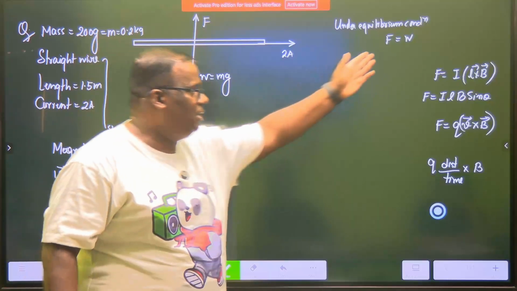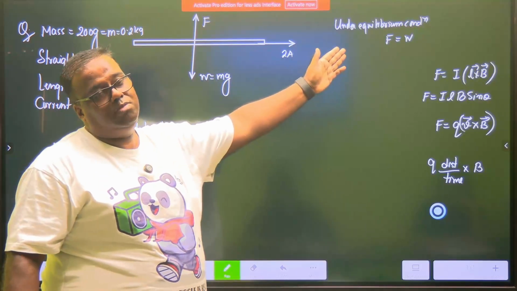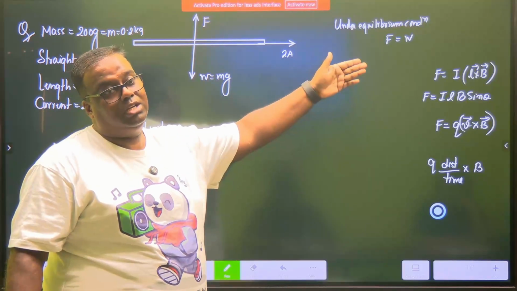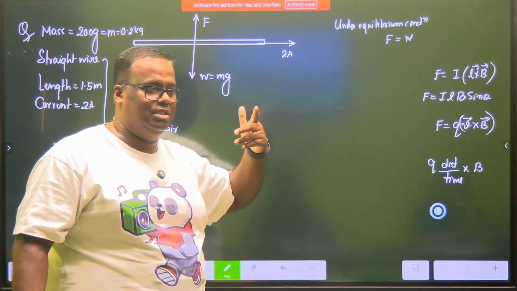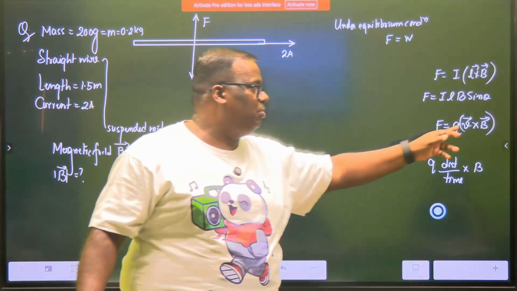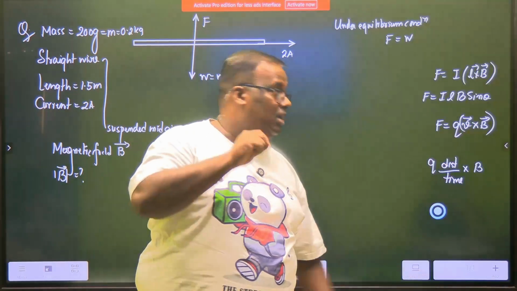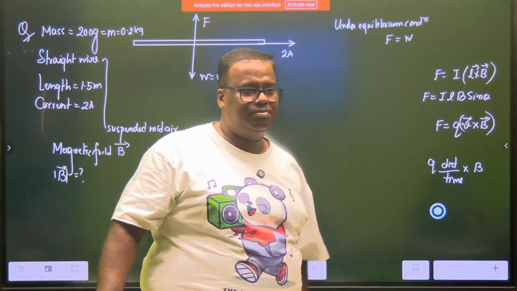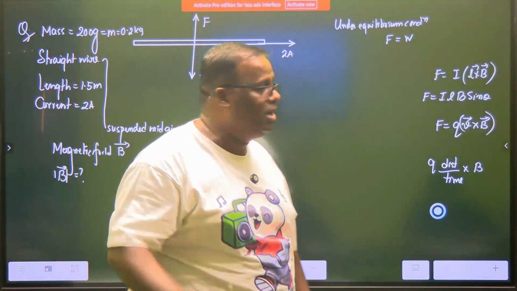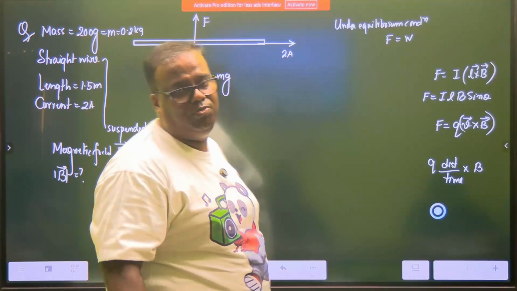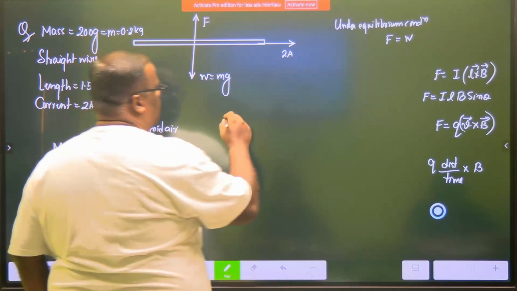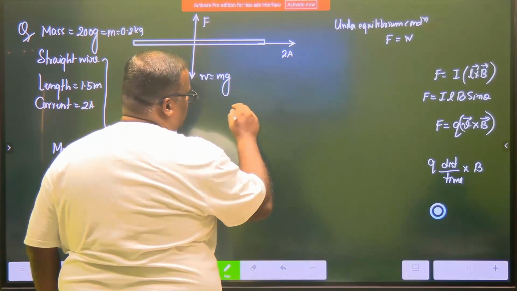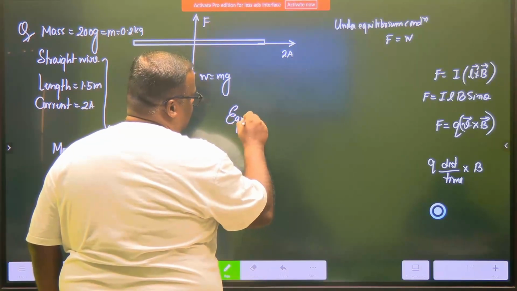F kaisa hai beta? The F is an outcome of a cross product. A cross product is a vector which is perpendicular to both the vectors. So the cross product is perpendicular to V, in this case to L. So therefore L must be perpendicular to V. Got it? So we say that if you are equating the forces,